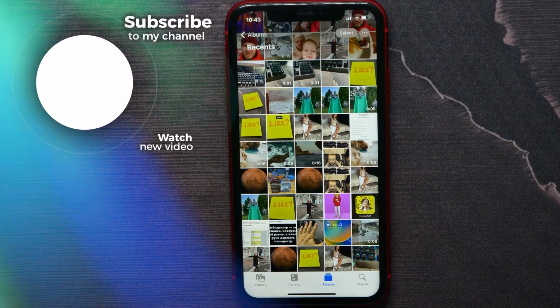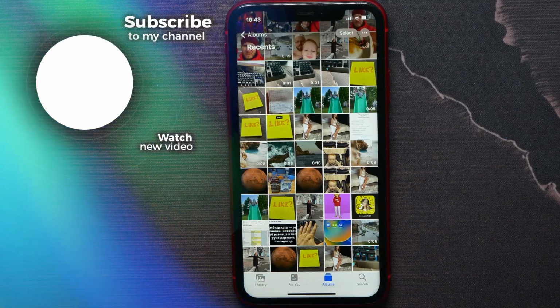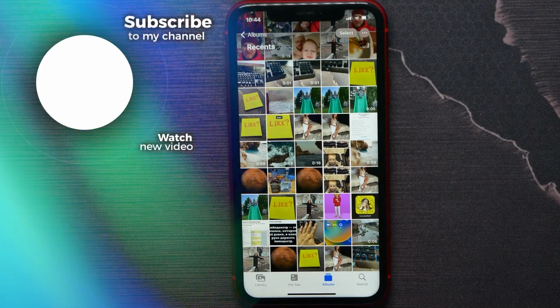And basically that's all about how to restore deleted photos on your iPhone,